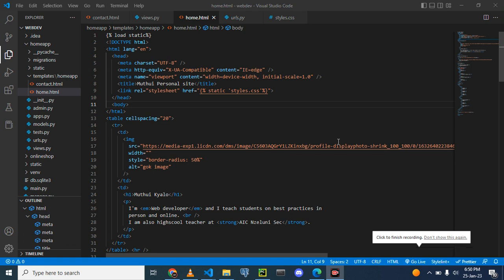Today we are going to discuss template inheritance. Template inheritance is whereby you want to style HTML, or you want to take an HTML to another page and you style it differently, or you do it automatically. So what I mean is that last time when you look at our website like this one,